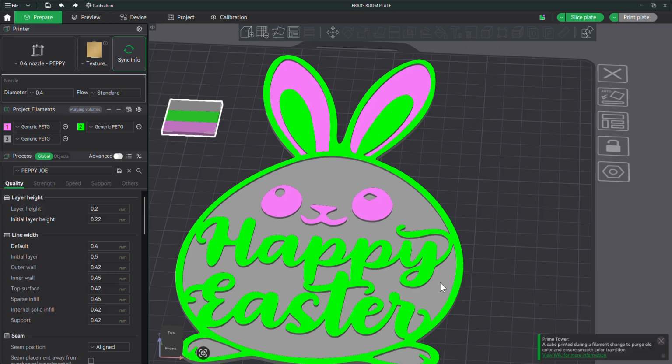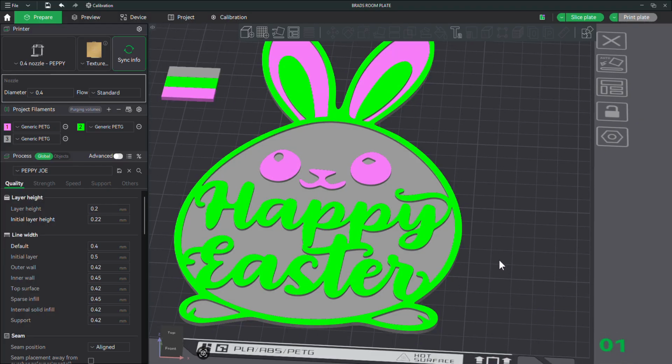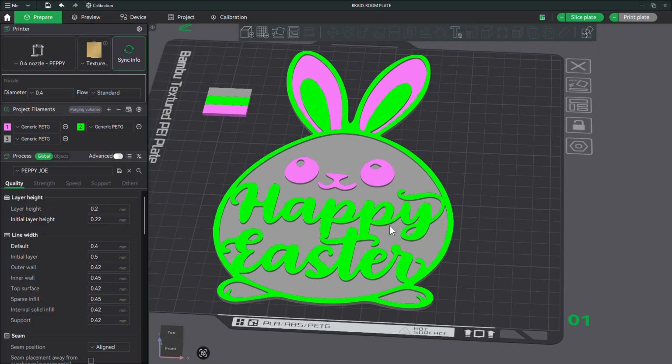So it's going to be very thin. If you want the lettering to be solid, again you would have to separate these paths,